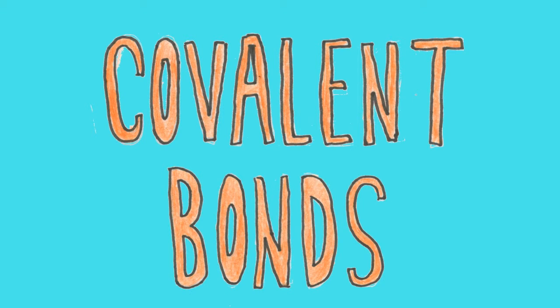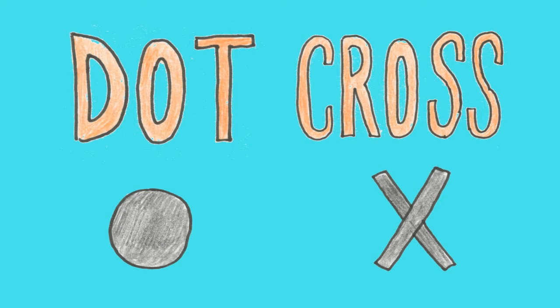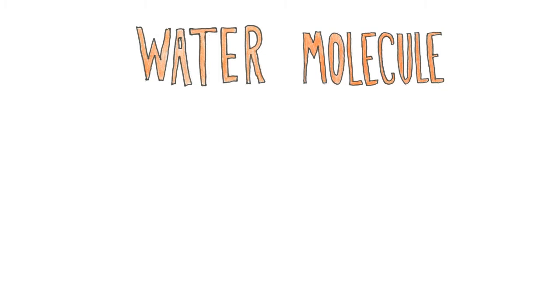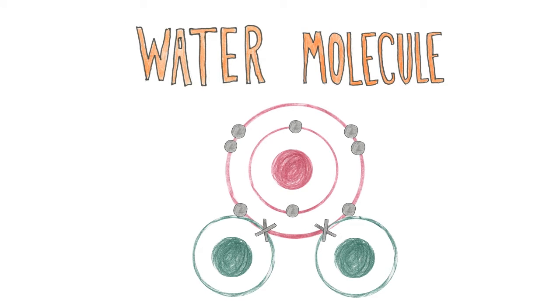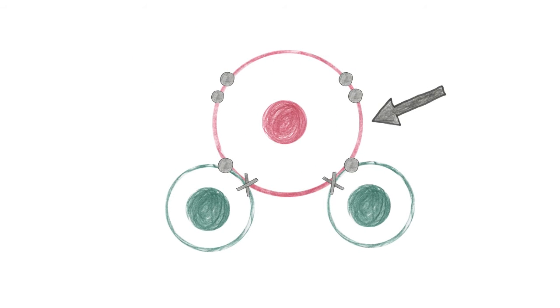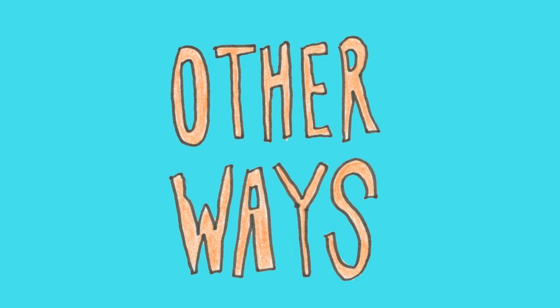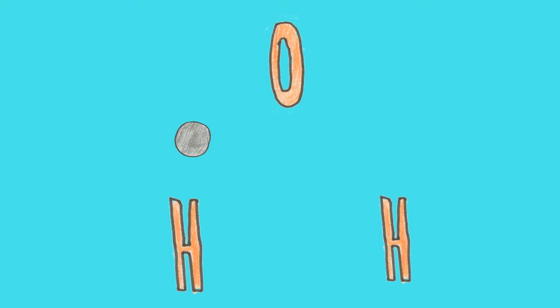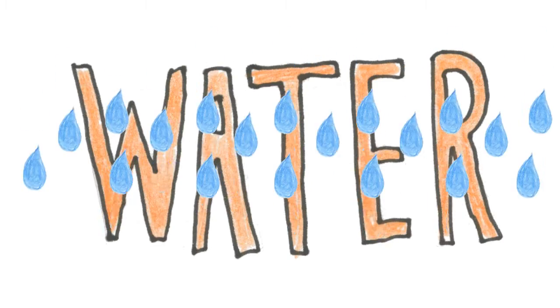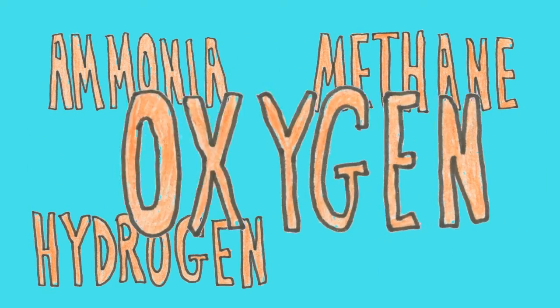Covalent bonds can be represented with dot and cross diagrams. So, for example, in a water molecule, we could use dots to show oxygen's electrons and crosses to show hydrogen's. When drawing a dot and cross diagram, you only need to show the outer shells. As well as dot and cross diagrams, there are 2 other ways to show covalent bonds, like this, using a line to represent the bond, or like this. As well as in water, covalent bonds are also seen in other molecules, such as ammonia, methane, hydrogen, oxygen, and